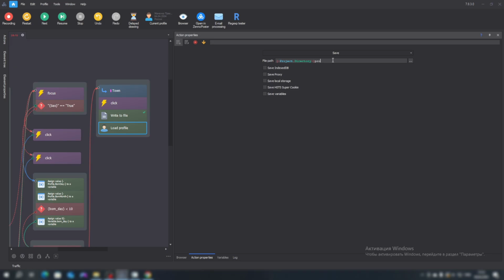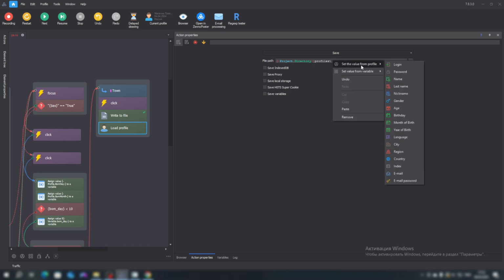Let's create a new folder inside it, called Profiles. And we specify the file in which we need to save our project. Let's specify it as in a text document, in the format of email and password.